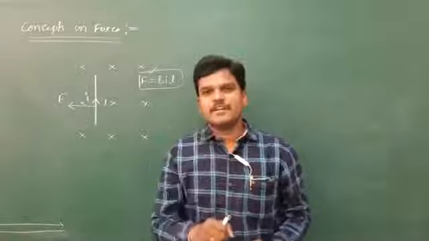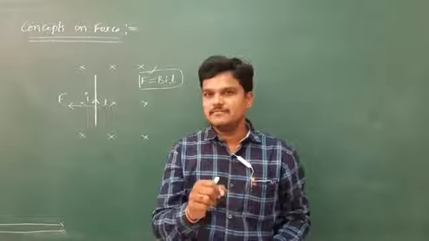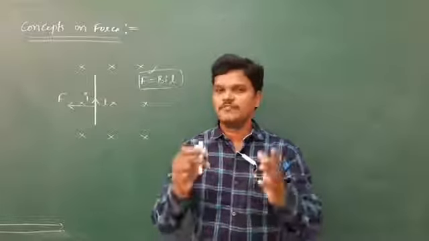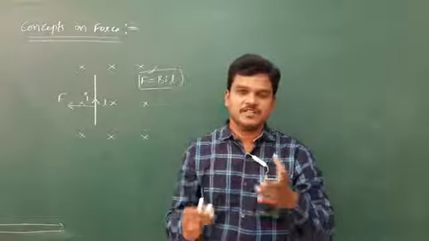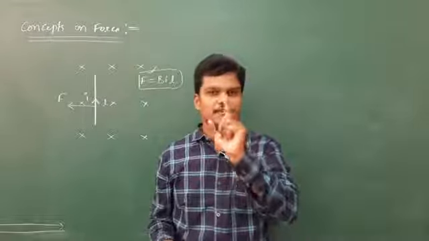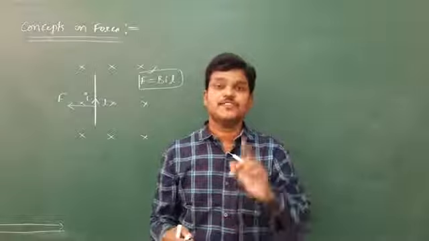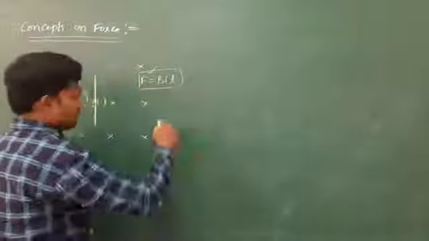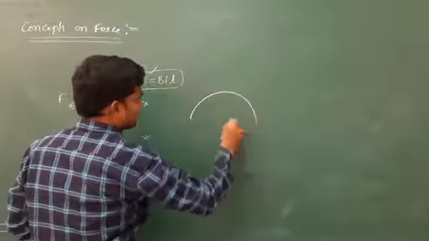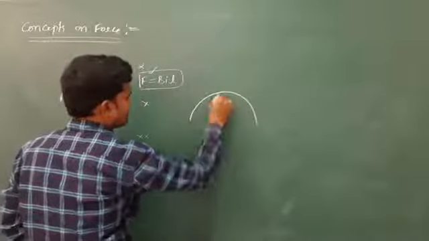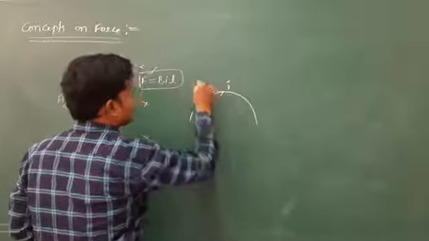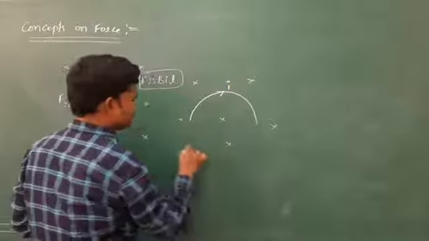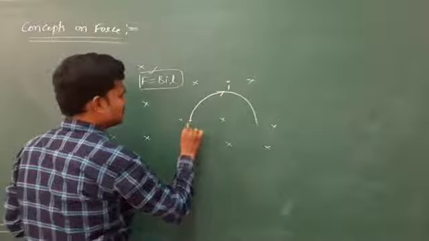Generally, Fleming's right hand rule is very easy to identify the direction compared to Fleming's left hand rule. You can follow any one method. I am going to teach two methods. So far I used Fleming's left hand rule. Now today I am going to use Fleming's right hand rule also. Before using Fleming's right hand rule, let me do the previous problem again. This is the conductor, carries current I, field is again into the board. You know this also, which is covered already. So this is something P, Q.